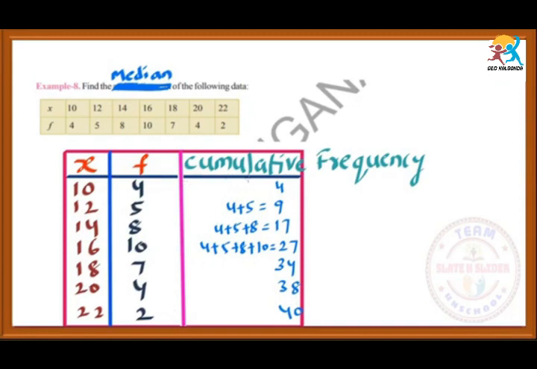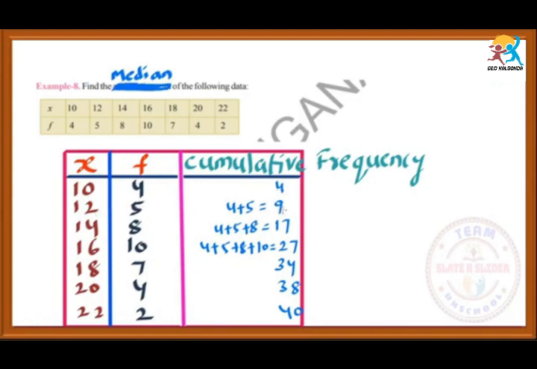Actually, what is this 4, what is this 9, what is this 17, what is this 27? We have to find. So here, suppose these x values are marks. So the frequency of 10 is 4. What is the meaning? Here the cumulative frequency is 4. What is the meaning of this one? The meaning is the number of students who got less than or equal to 10 marks is 4, and in the second line